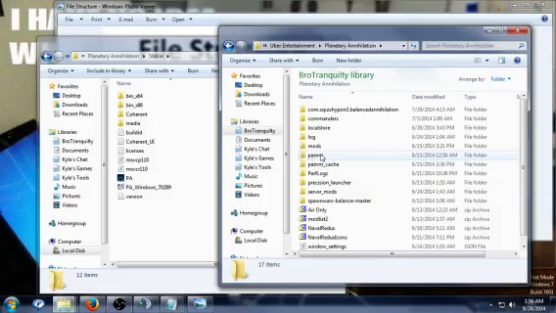You do not need Planetary Annihilation Mod Manager. That's a third-party software made by a fan of the game. It does a great job managing mods and installing mods. It even has a huge database. It installs it all on its own. It changes all the files for you. But it's not necessary. It's merely convenient. And if you want to download that, by the way,